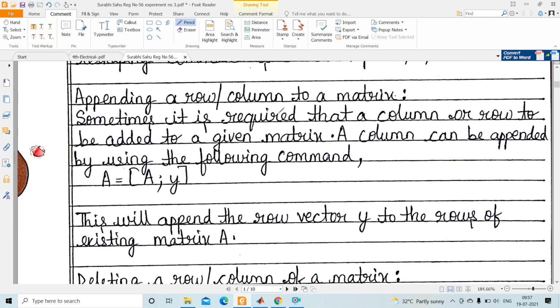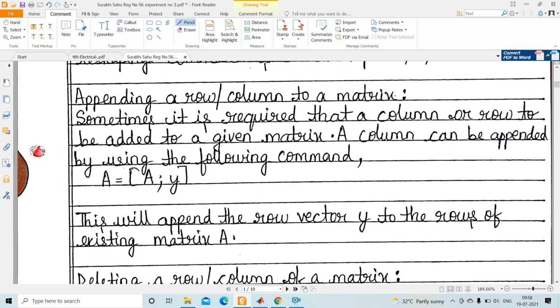Sometimes it is required that a column or row be added to a given matrix A. A row can be appended by using the following command, that is A is equal to A semicolon Y. This will append the row vector Y to the rows of the existing matrix A. So see, by giving a semicolon we are adding one row to the existing matrix.